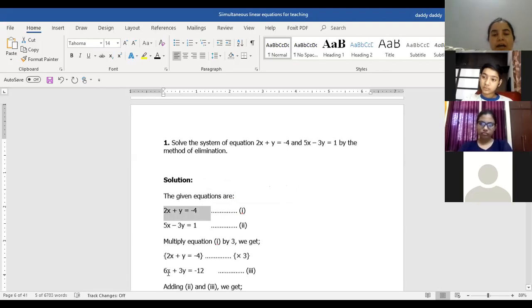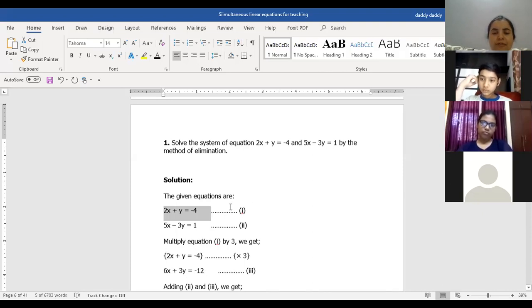So what I have done, I have taken my first equation and multiplied it with 3. Like this, you put the entire equation inside a curly bracket, as you can see, and multiply with 3. After multiplying with 3, you give it some other name. I have given it number 3 as the name. Just like initially it was equation number 1, after multiplication it has become equation number 3. So this 3 gets multiplied with all the 3 terms. So 6x plus 3y equals minus 12.